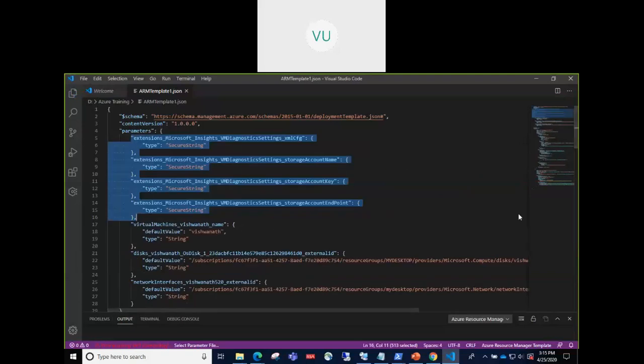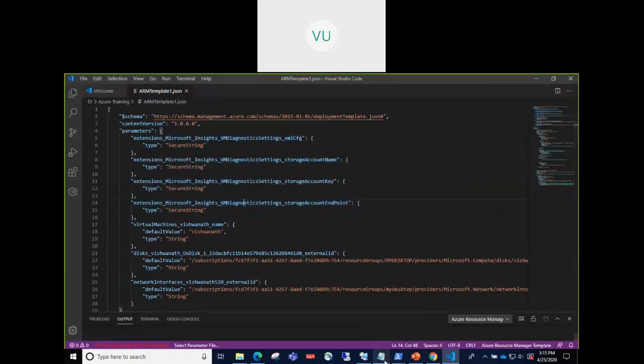You need to understand JSON for this, okay? If you understand JSON, then you can edit this in a simple way. So JSON, how many of you know JSON? That is a basic understanding you need to have to edit these templates.